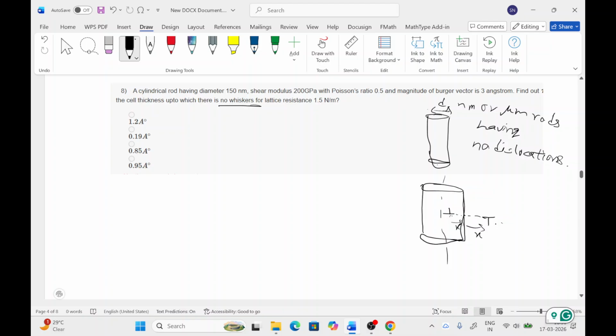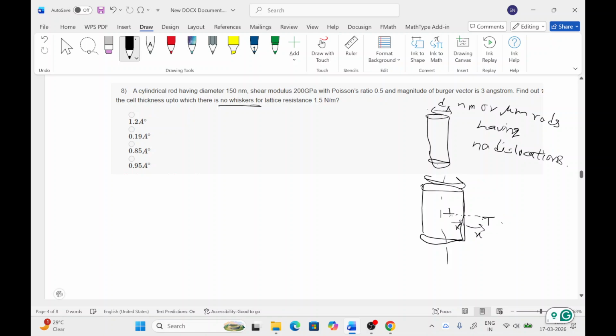So this imaginary force contributes to the formation of whiskers. If the distance is very less,